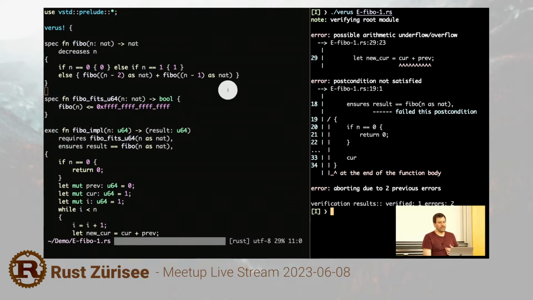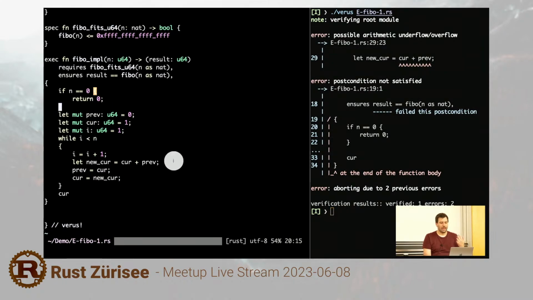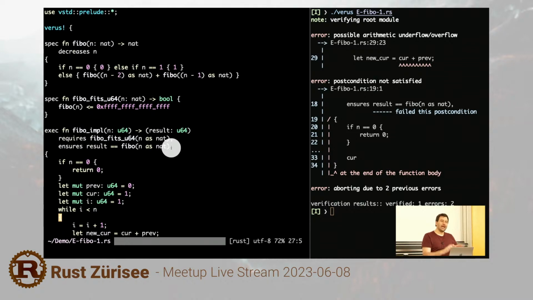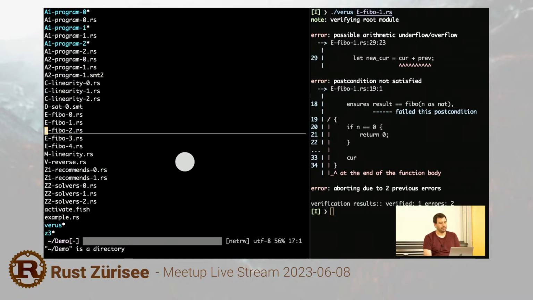And Verus is saying, okay, not quite. This postcondition we cannot prove, and this might overflow. So here is where we have specified the function fully, we think, but SMT, the Z3, is behaving in such a way to avoid spinning off uncontrollably, and so it holds back in trying out potential proofs, and so we need to guide it a little bit. And the way we do that is by writing